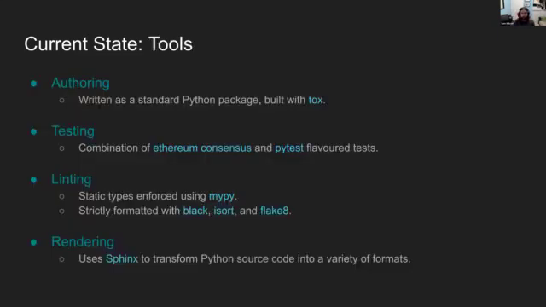A little bit about the tools we use. We're a completely normal Python package, which is built with tox. You don't need to learn anything fancy. There's no giant blob of hidden Python code that converts from Markdown into Python. Wink, wink, nudge, nudge, consensus specs. If you can write any Python package, you can write the specs. You can import the specs and use them in other projects. It's plain and simple Python.